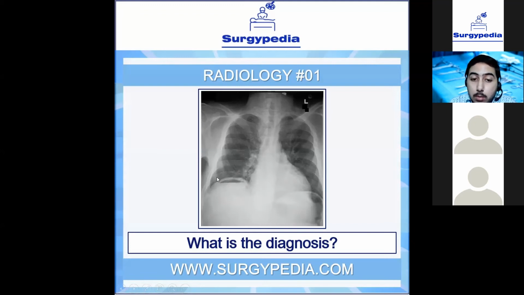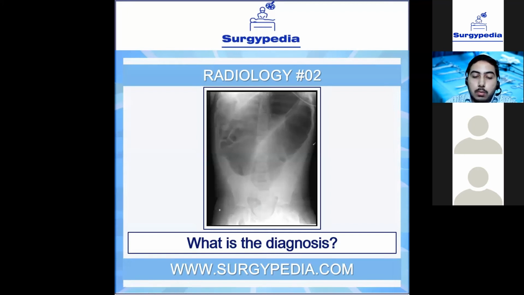And we can also appreciate the border, the diaphragm here. See, on this side we cannot appreciate the diaphragm as such, but here we can very clearly appreciate the border of the diaphragm. Why? Because we have contrasting substances on both sides. We have air above and we have air below also, and that is why the soft tissue border of the diaphragm is standing out very clearly. This is also a very important finding here. Next, let's move on to our next image. So what is the diagnosis?